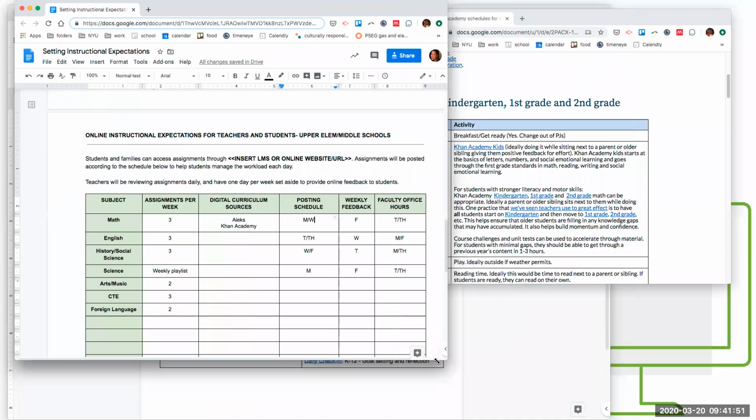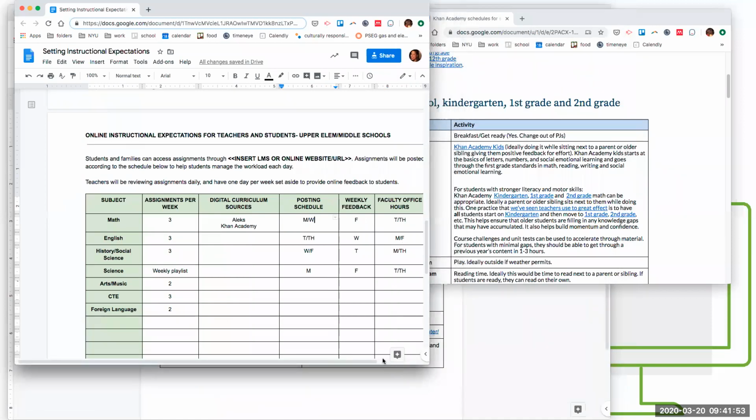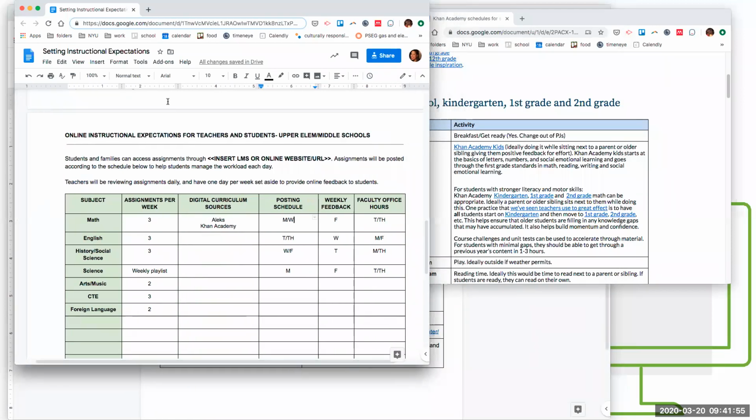But a lot of folks, unfortunately, just don't have that as an option, and so we're making it up as we go along. And you can use what planning you've done in the past, right? All we have to do is translate. So if you knew that this week you were going to do geometry, think about, all right, what are my 3 geometry assignments for this week? And when am I going to post them? How am I going to post them?